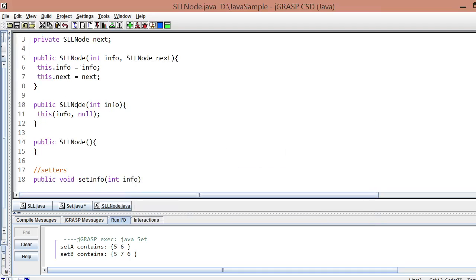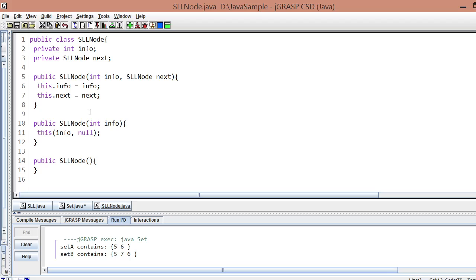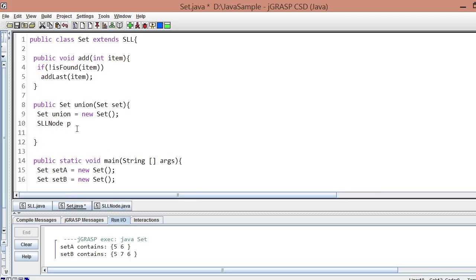So let's declare this P, and P should point to head of the calling object.